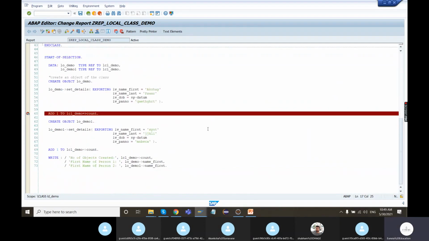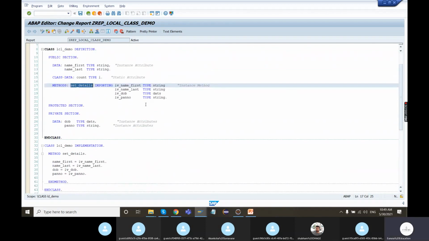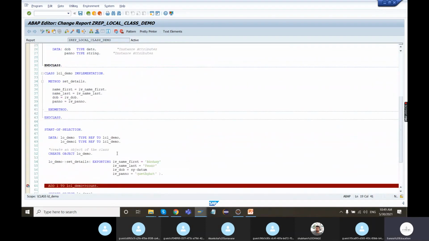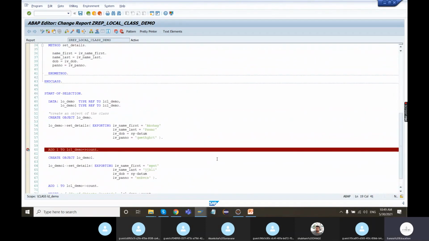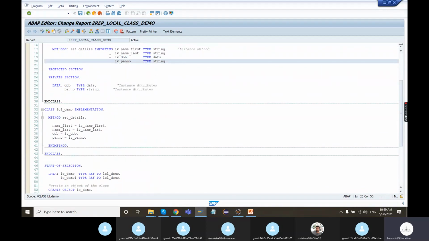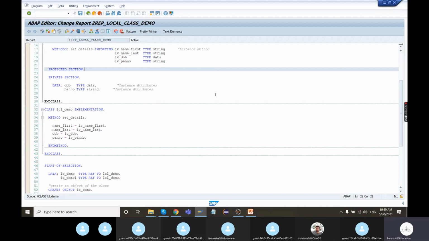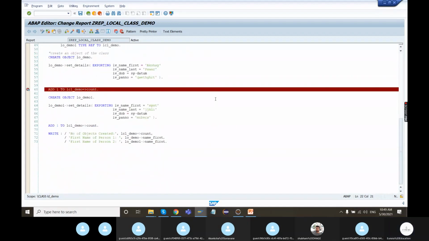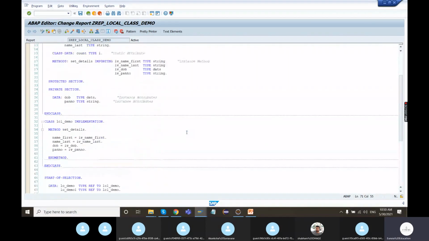Similarly, if I want to print out the PAN number and date of birth of a particular person, then I have to have a separate method called get details so that I will be able to get these as exporting parameters from the method. Currently I can directly print out name first, name last, and count because these are in the public section.